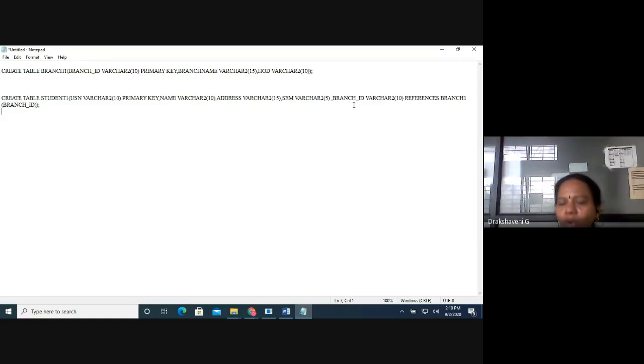Always remember that whatever column names you give, as well as data types and size, what is in the primary key should match the reference key. In case something goes wrong, suppose here you have given 10 and I have increased it to 15 or 5, then again it will be a problem. So you have to take care of these things. Here it was already branch 1, so I should have changed it to branch 1. So branch ID is referred from the branch table.